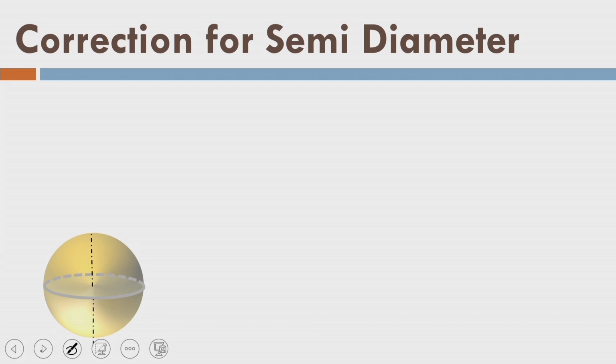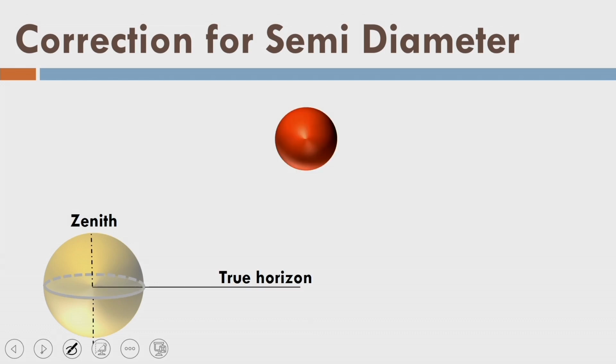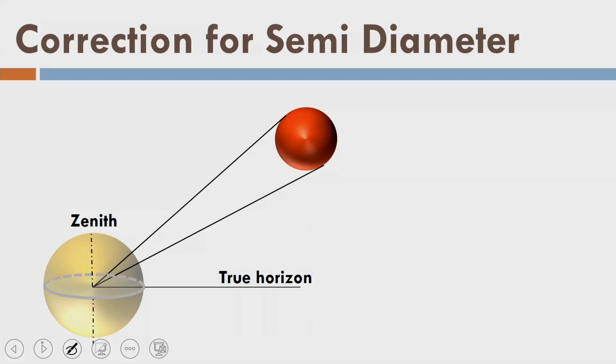Let us look into the fourth correction, and that is the correction for the semi-diameter of the sun. Let us say this is the earth and that is the horizon at the center of the earth. It is the direction of zenith. This is the true horizon because it is passing through the center of the earth. Ideally I should measure the center of the sun, but I do not know where exactly the center lies. So what will I do? Either I keep the crosshairs at the lower edge of the sun or at the upper edge of the sun. So I should measure this angle here, right? Okay, but I measure either this angle or this angle.